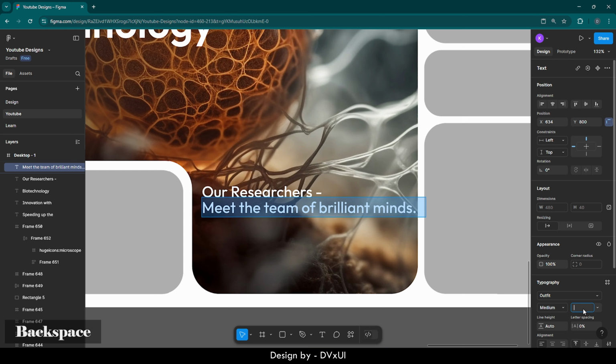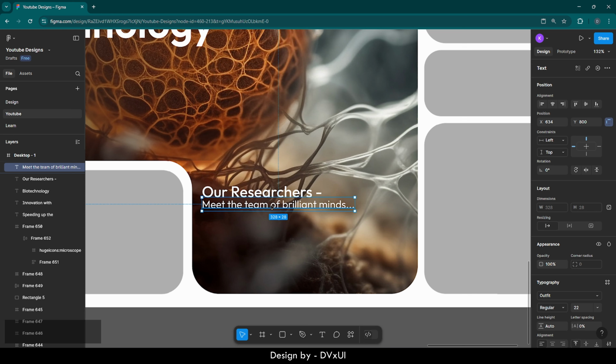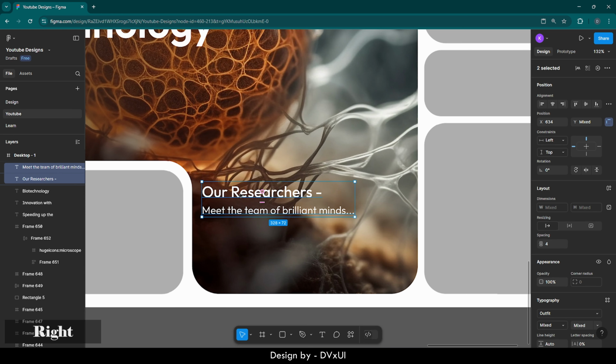Select it, change the font size to 22 with regular font weight, put it a bit down, a bit right,